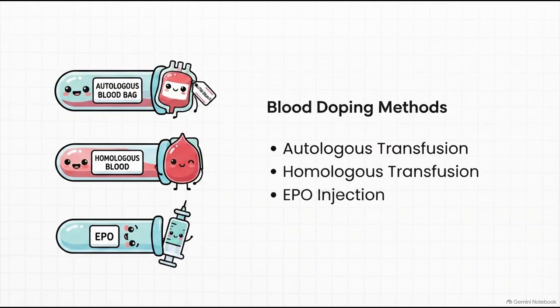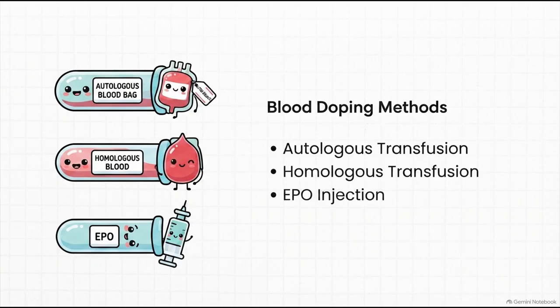Section 2. Doping in sports, human biology. So let's apply this concept to human biology. In endurance sports, think cycling, distance running, cross-country skiing, oxygen delivery is the ultimate limiting factor. The more red blood cells you have, the more oxygen your body can deliver to your working muscles, which pumps up your VO2 max and significantly delays fatigue. Athletes seek to alter their natural biological baseline through blood doping, and they primarily use 3 methods to do it.